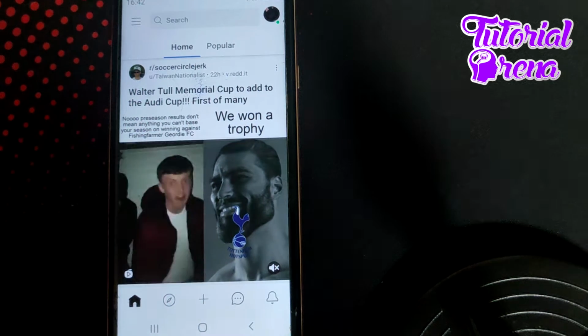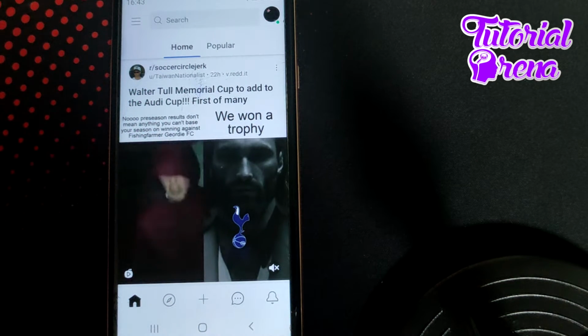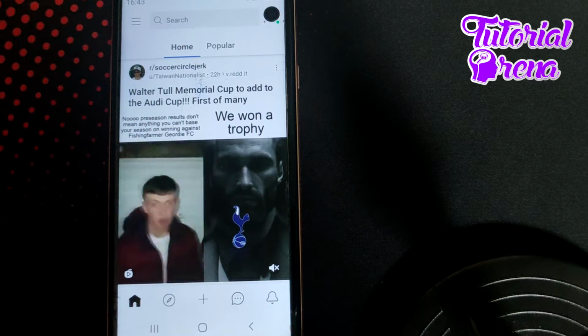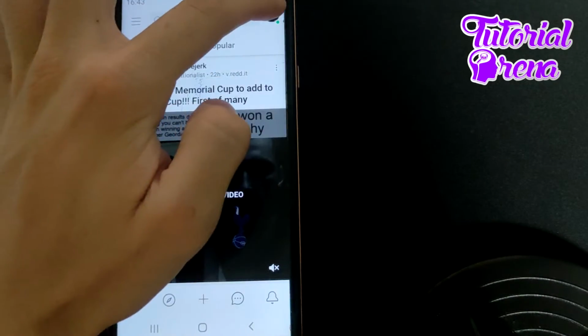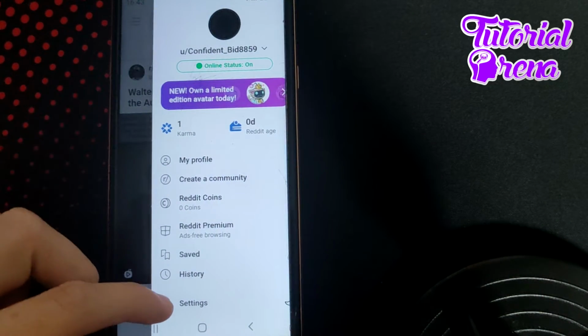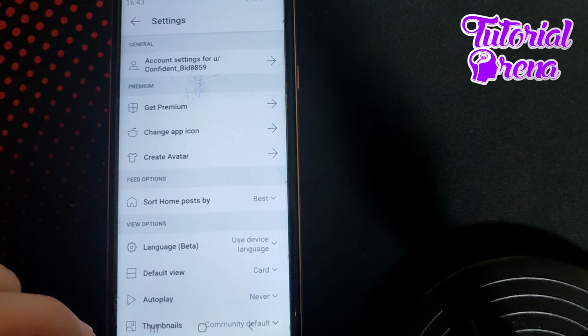How to increase font size Reddit comment. First, as you get on that selection, the main point is to go on your profile action in the right upper side, go to settings on the last selection, and as you get right here on all that stuff selection, the